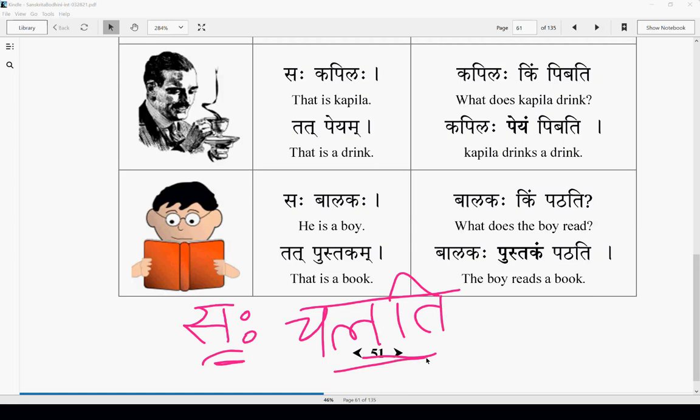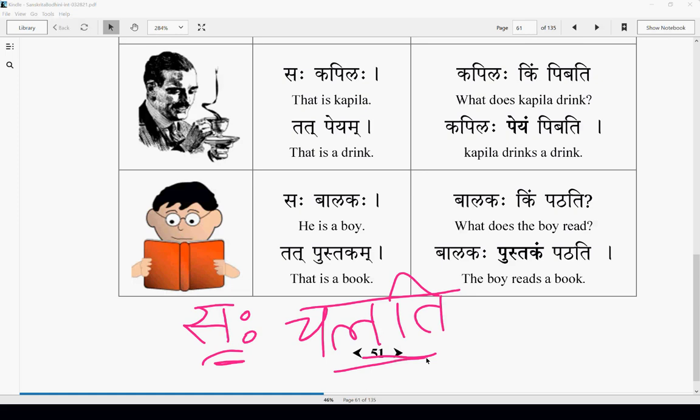No, he walks. Okay. He himself is walking. That is chalati. Not he is walking the dog. That is a chalayati. So he walks. Saha chalati. He himself is walking. So there is no sense in asking the question like Saha kim chalati in Sanskritam. Forget that in English. Saha kim chalati means he himself is walking. So there is absolutely no sense in asking what is he walking. Sorry, in Sanskritam. So that means there is no karma padam